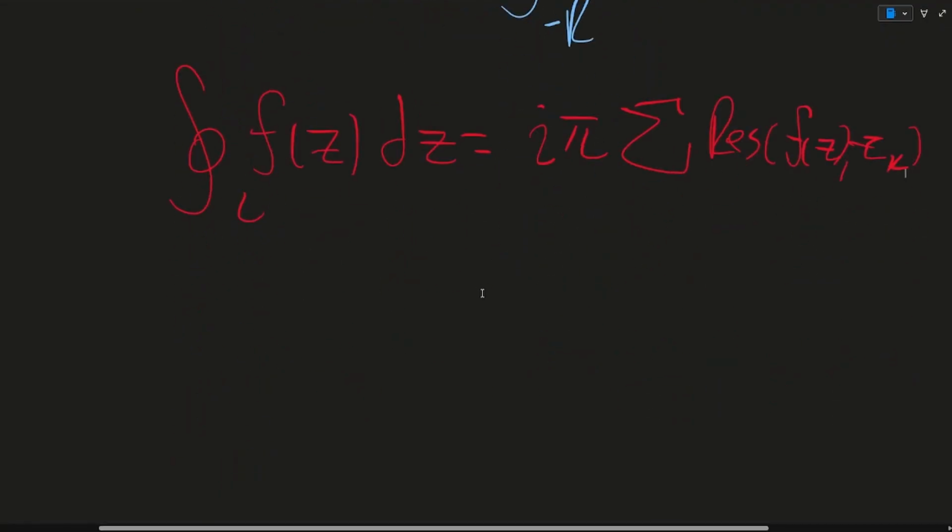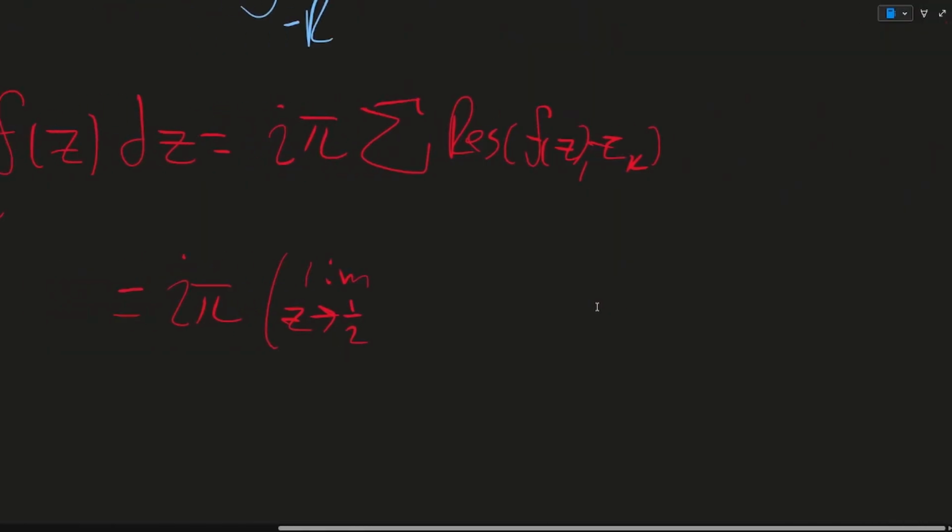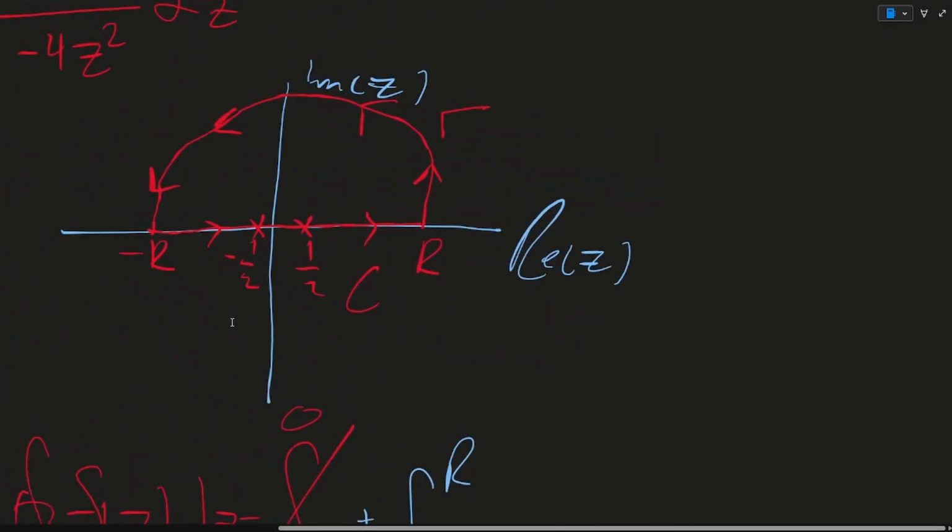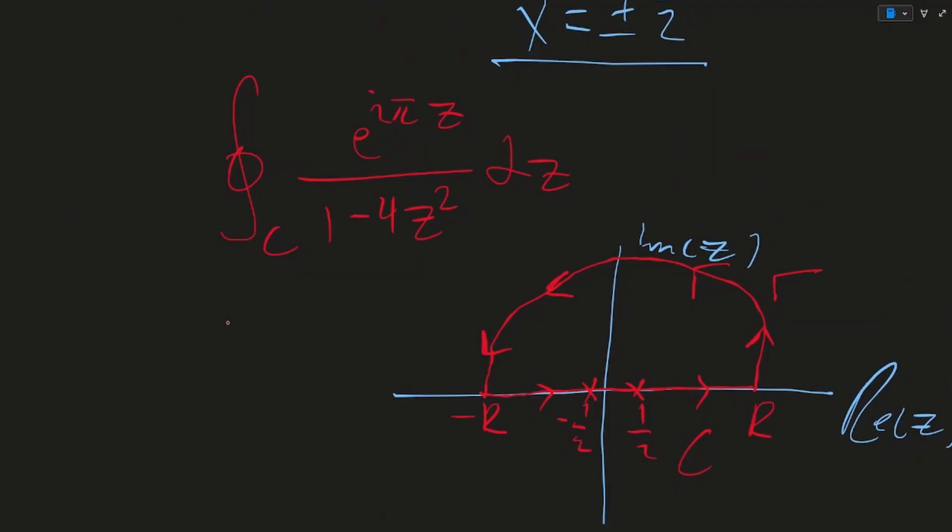That leaves us with i times pi times the limit as z approaches 1/2, which is one of our residues, of z minus 1/2 times e to the i pi z, and our bottom expression, 1 minus 4z squared, when we take out a 4, we get 1/4